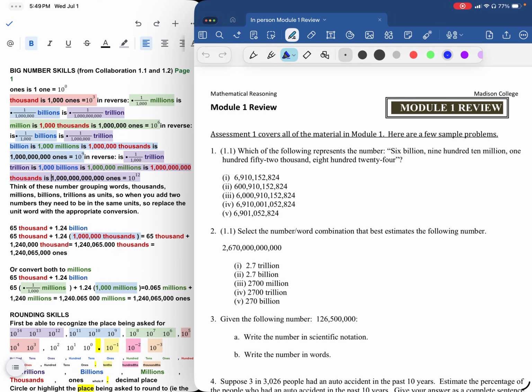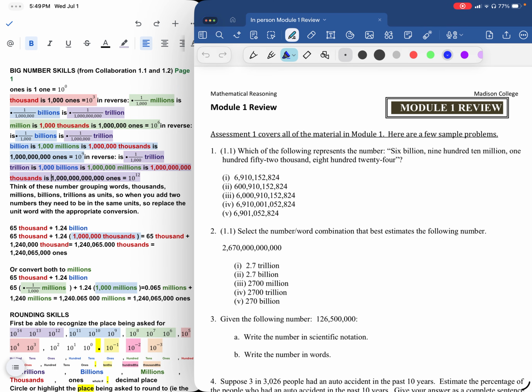Hey class, let's go over Module 1 review. So we have, which of the following number represents 6,910,152,824? So using our big numbers skills, we kind of have,